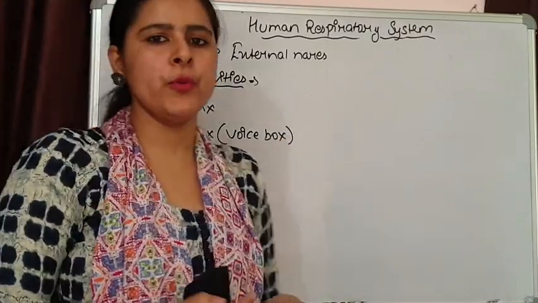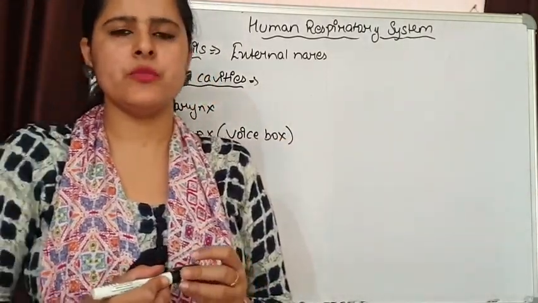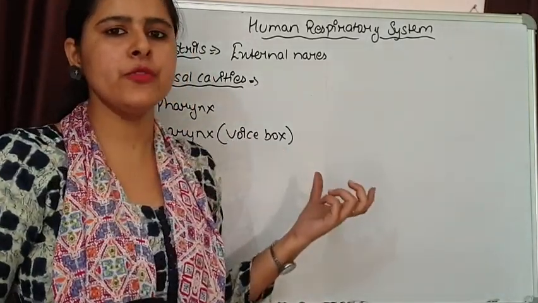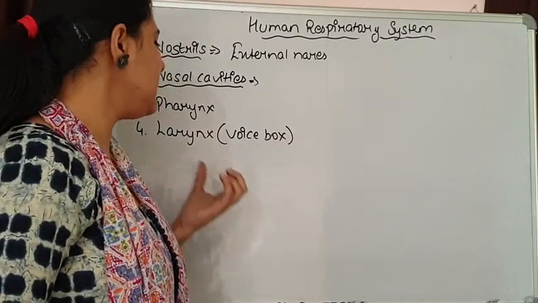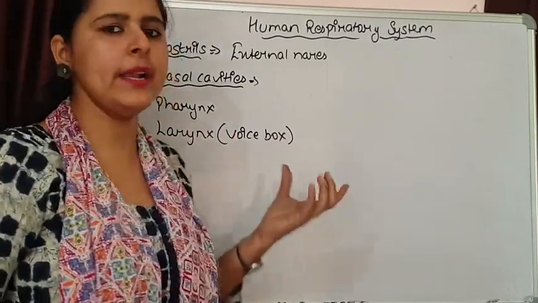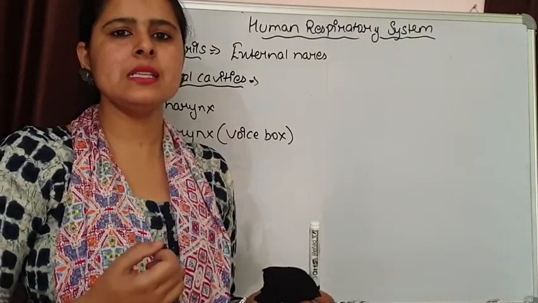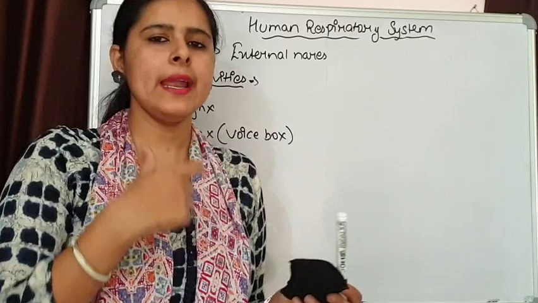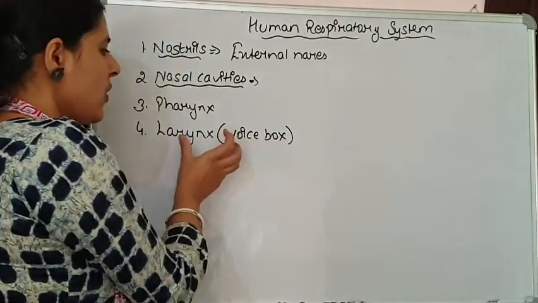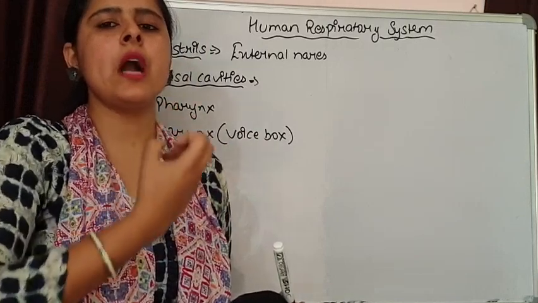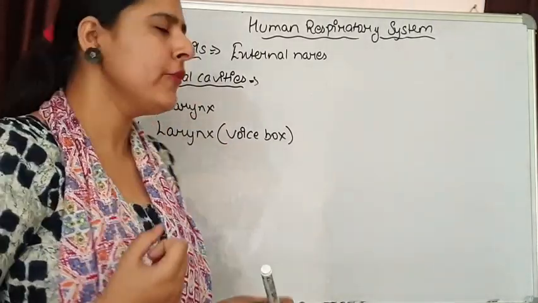Before the time of puberty, there is not so much difference that can be clearly seen in the larynx of males and females. But after puberty, there is a clear-cut distinction between the larynx of male and female. You can easily see in males a bulging point over here, and that bulging point is the voice box or larynx region, because in males it is more prominent and moving outward as compared to females.